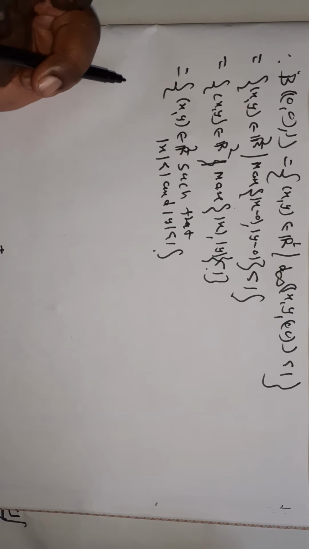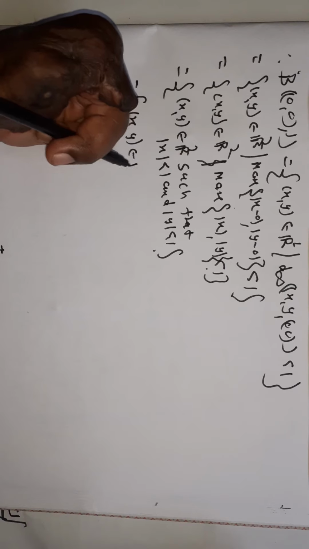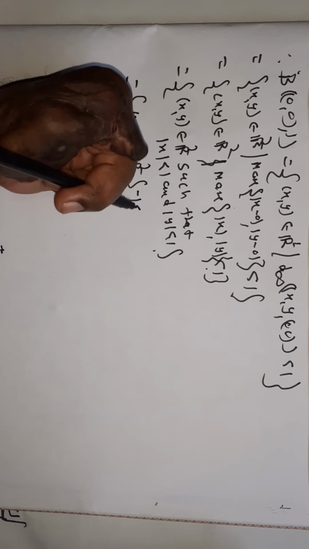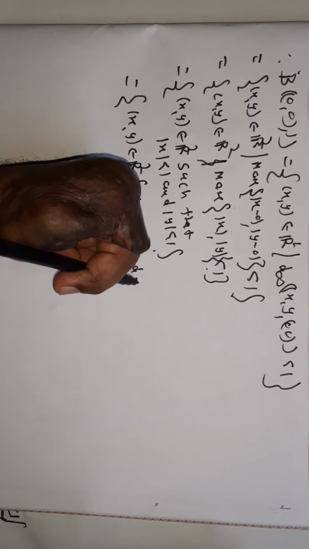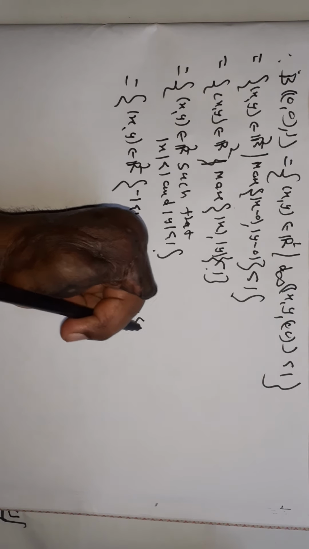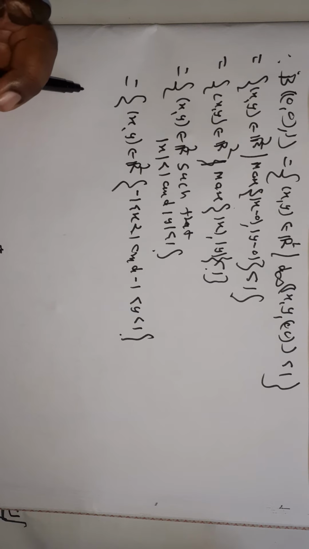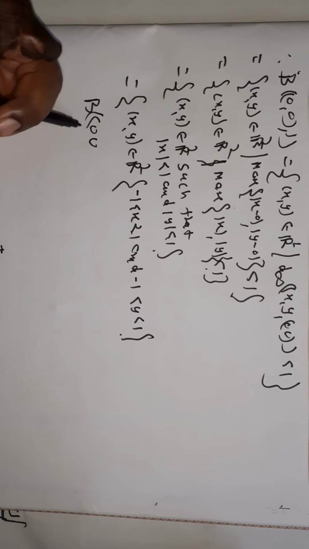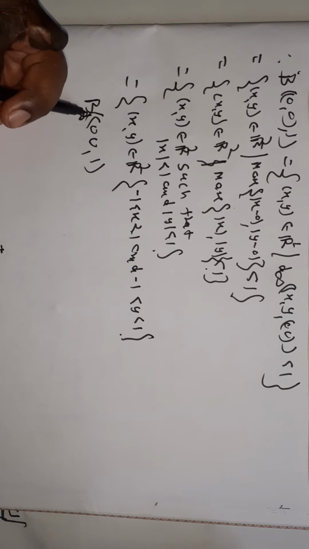Therefore, it is the set of x, y belonging to R2 such that minus 1 is less than x is less than 1 and minus 1 is less than y is less than 1. Therefore, the ball of 0, 0 and radius 1 in d infinity